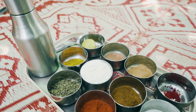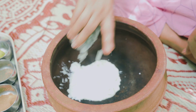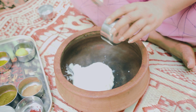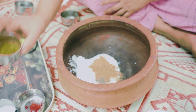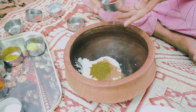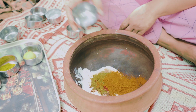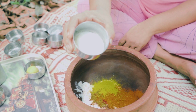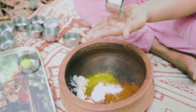The next process is to prepare the masala for the tandoori. So take a cooking pot, add 1 cup of curd, 1 teaspoon of pepper powder, 2 teaspoon of coriander powder and 2 teaspoon of garam masala. Add a pinch of orange red food color, 2 teaspoon of chili powder, 1 teaspoon of turmeric powder. Add salt as per the requirement